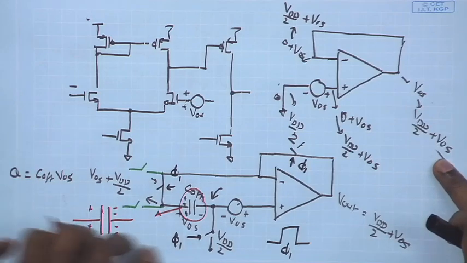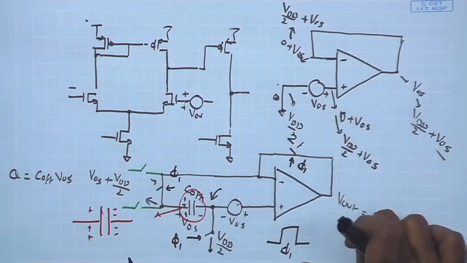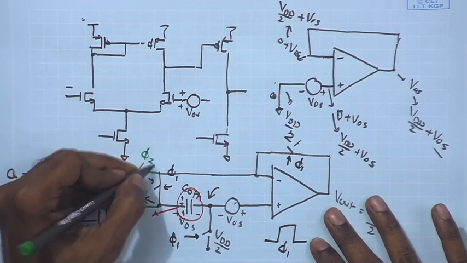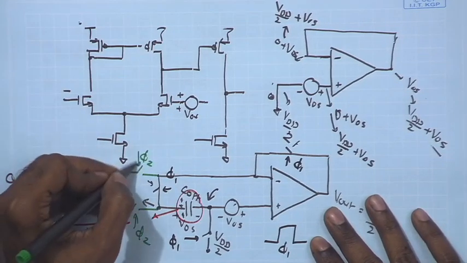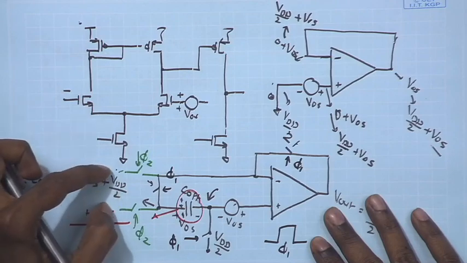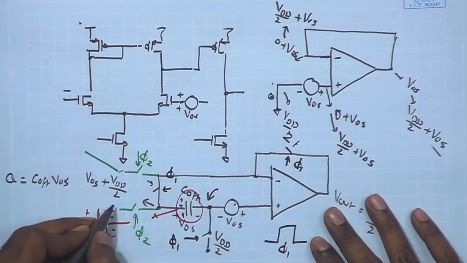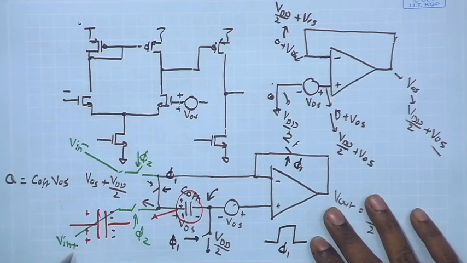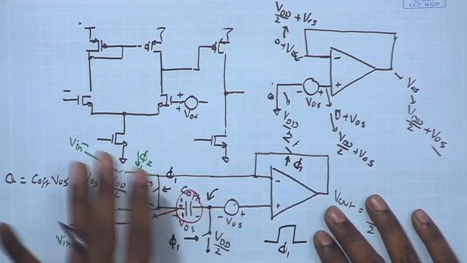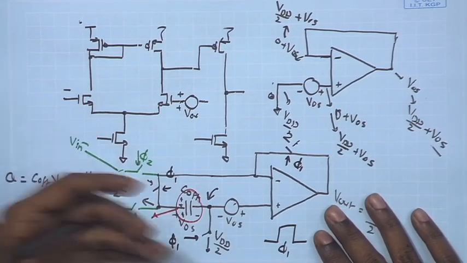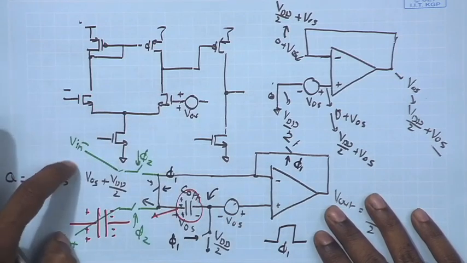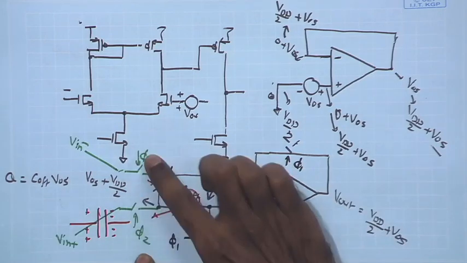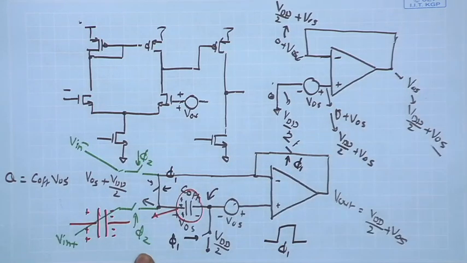But now, I am opening the phi 1 switches and then connecting the phi 2 switches to the two inputs that I want to compare. So, here now I can have my two inputs, say V in minus and V in plus, which can be the signals that we have, the ramp signal and the input sample signal, suppose any two analog signals. So, in the phi 2 phase, I close the two switches over here, other switches are getting opened, and therefore,